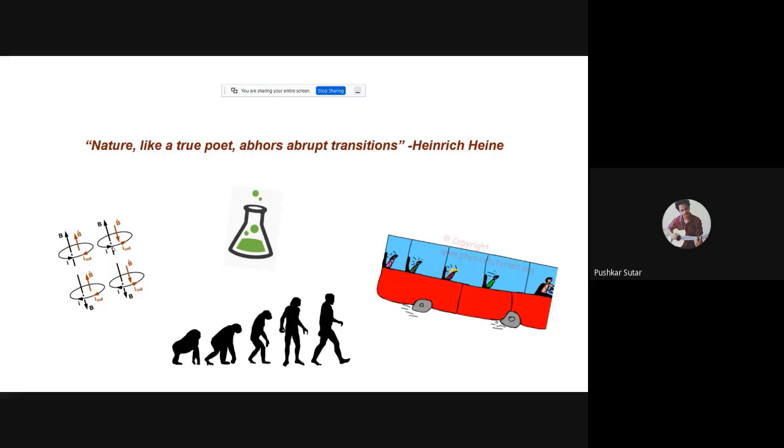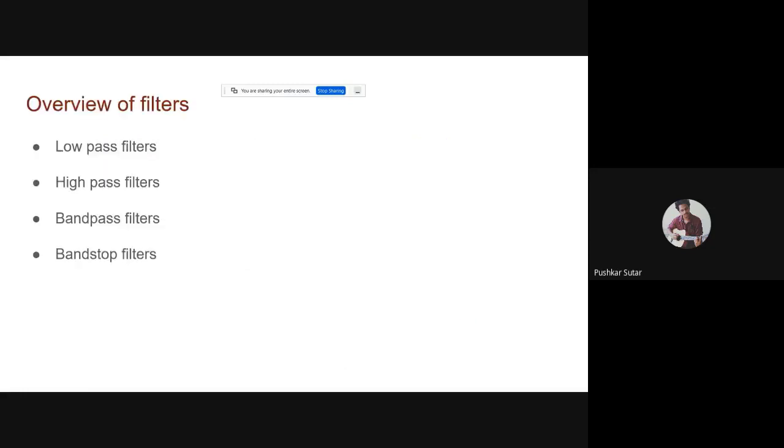You also saw Lenz's law in electromagnetism, how nature doesn't like any changes. We also saw Darwin's theory of evolution. Darwin क्या बोल रहा था? Darwin बोल रहा था कि all the evolution is a very slow process. Abrupt कुछ नहीं होता. हर एक science में we saw that how nature hates changes. So similarly, in the world of signals and systems, to make it happy, we have a certain kind of thing we call filters, to avoid undesirable consequences due to this abruptness. इसके वजह से we can respect the nature's limits. So what I mean by this, you'll come to know through the visualizations, all the fun part.